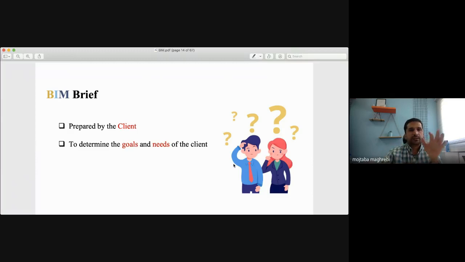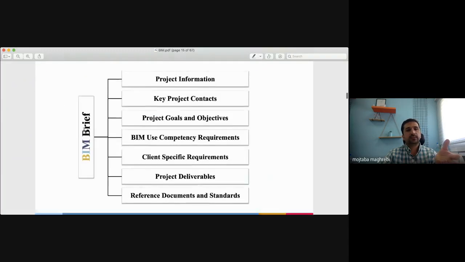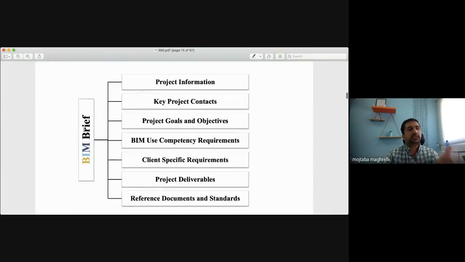Okay, so a BIM brief is prepared and drafted by clients, but some standards also provide you some hints.